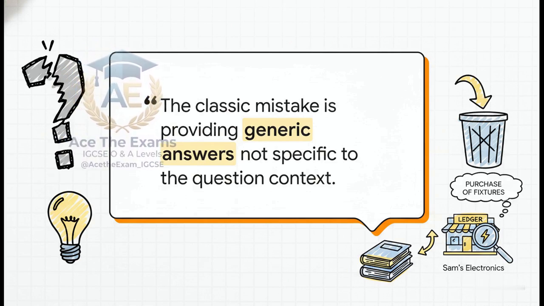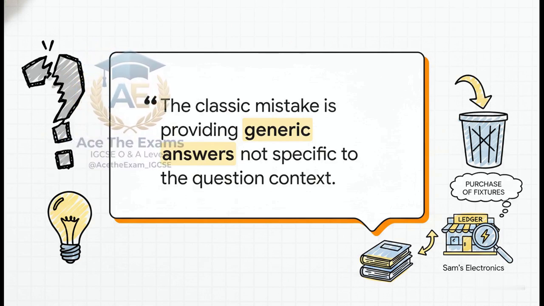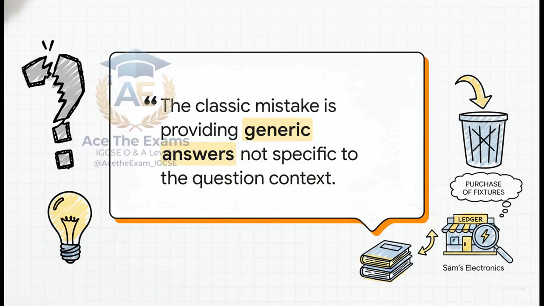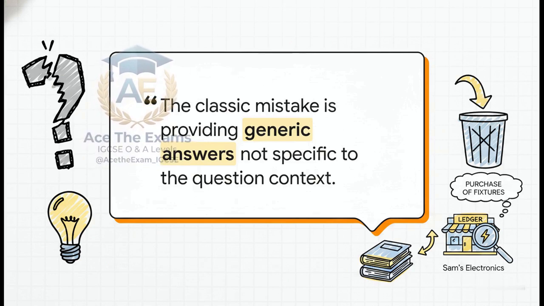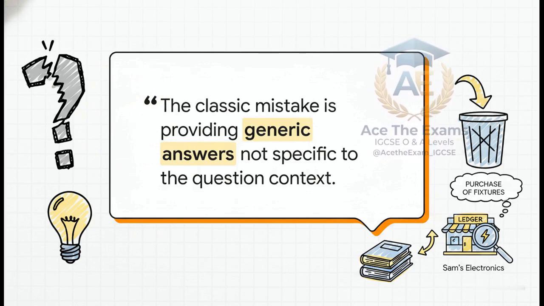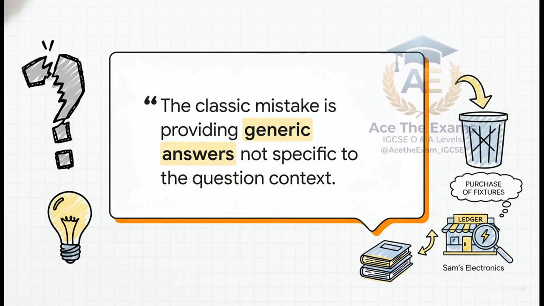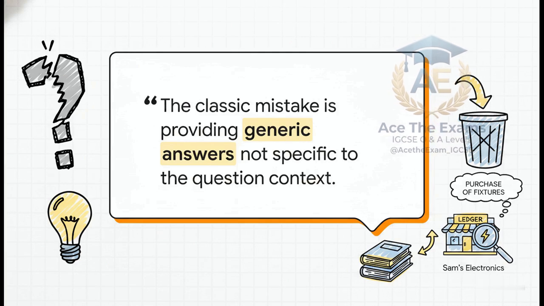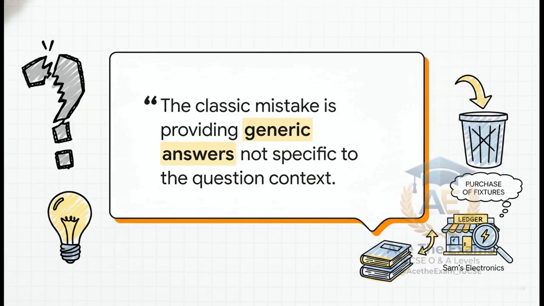You'll get minimal credit. To unlock the highest marking bands, you have to say, "It is used for non-routine transactions for Sam's Electronics, such as the purchase of new store fixtures on credit, which cannot be recorded in the cash book." Context is king here. If you aren't linking your knowledge directly to the specific data they give you, you are literally just leaving marks